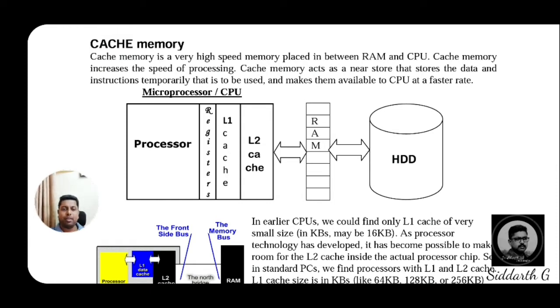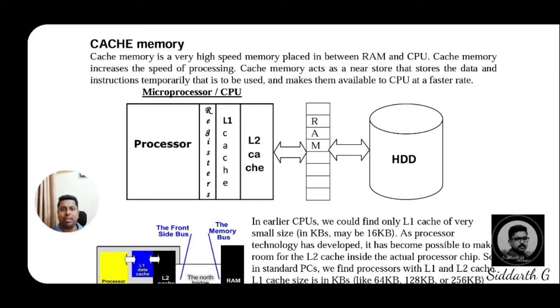What we discussed earlier for the RAM, this is also one type of the primary memory. If you classify the primary memory, this is also one type of memory. But cache memory is a high speed memory compared to the RAM and ROM. And where is it located? It will be located in between the RAM and CPU.